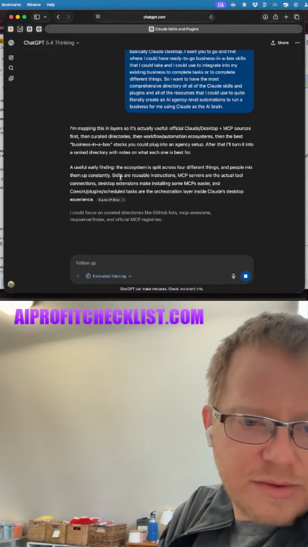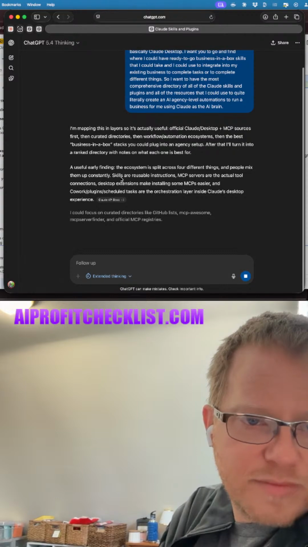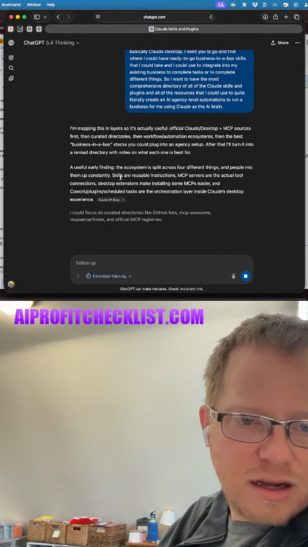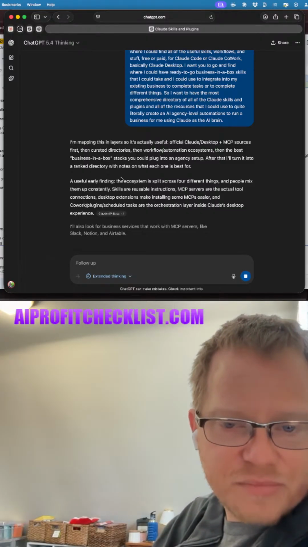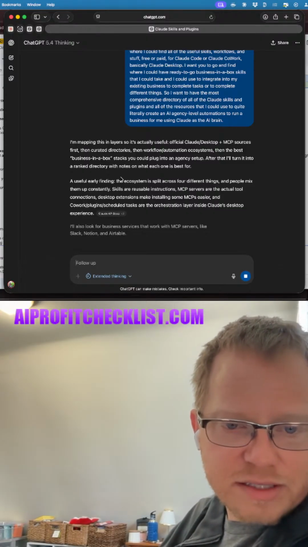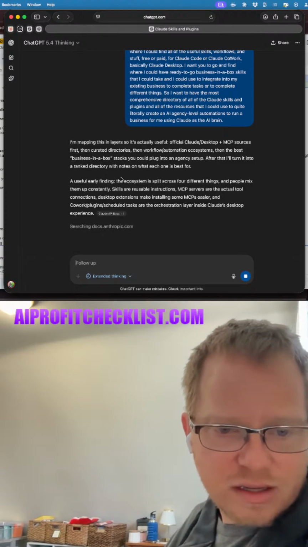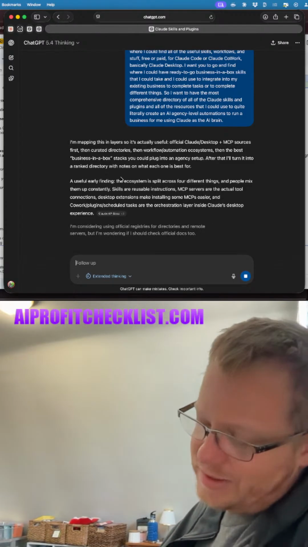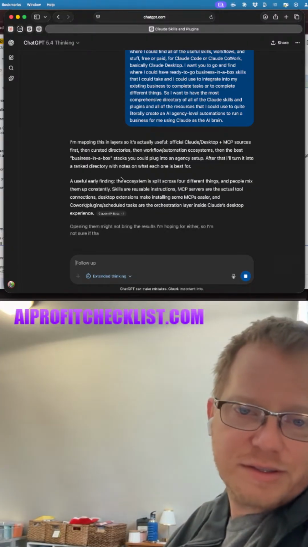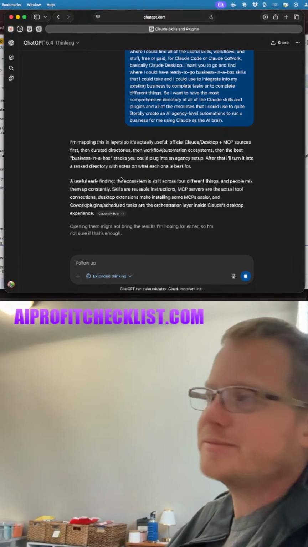Oh, okay. Did stop. Okay. No, it's still thinking. A useful finder because it splits across easier and Cowork plugins, scheduled tasks, docs, Anthropic, GitHub. I mean, it's already doing a pretty deep one. It's gonna be able to help me, but